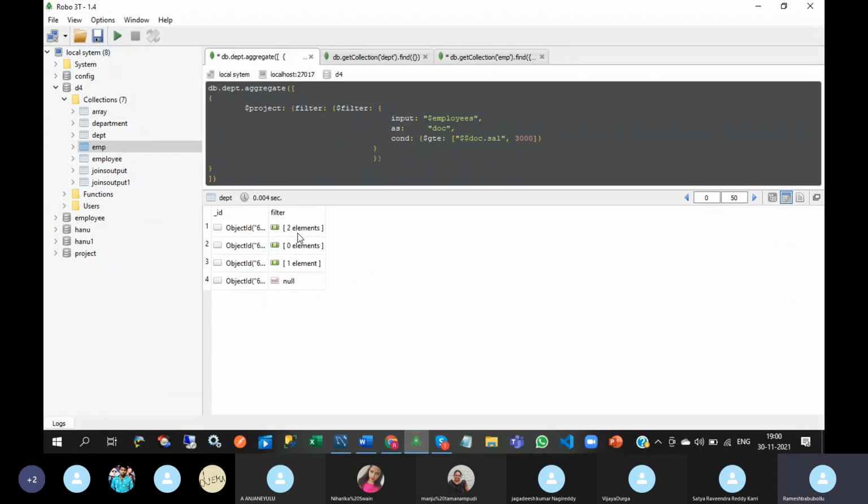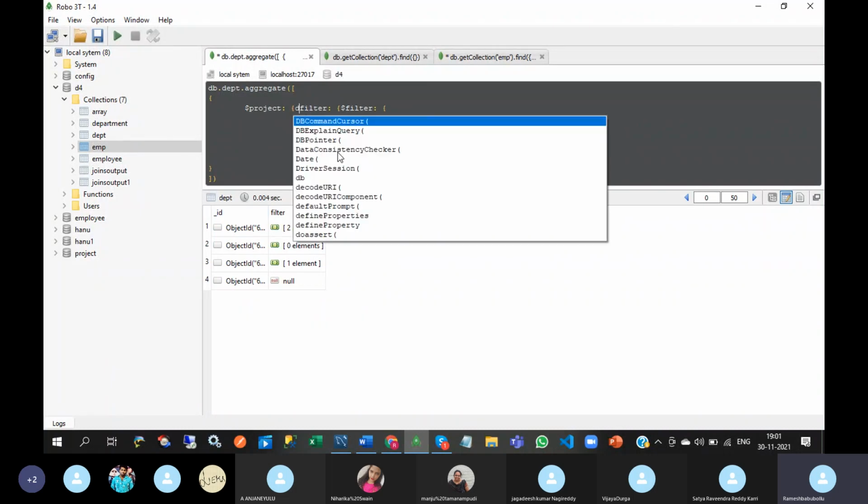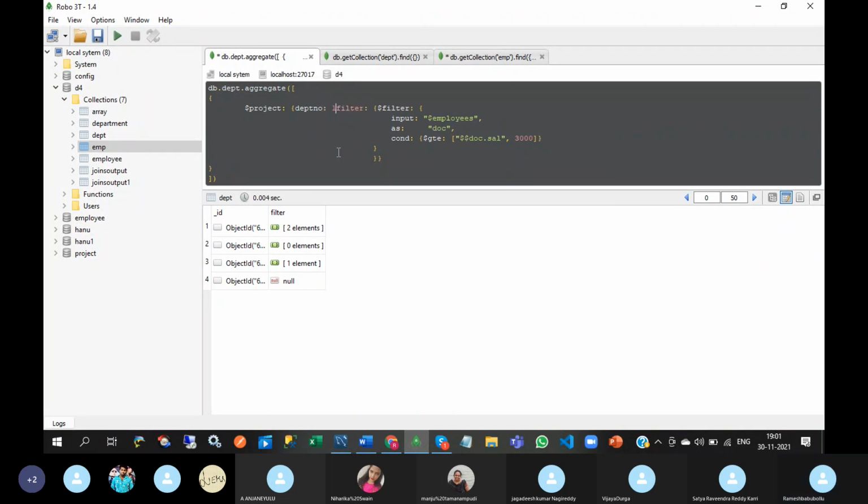See this here in department projection. In department 20, only 2 documents are there having salary greater than or equal to 3000. In department number 30, there are no employees with salary greater than or equal to 3000.